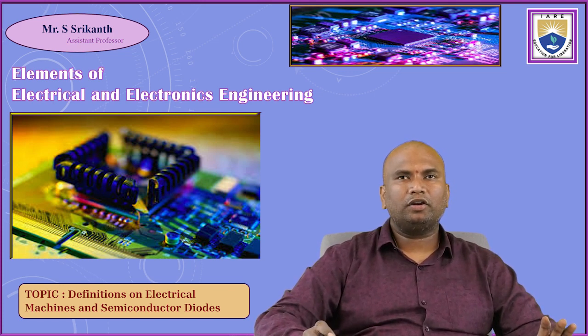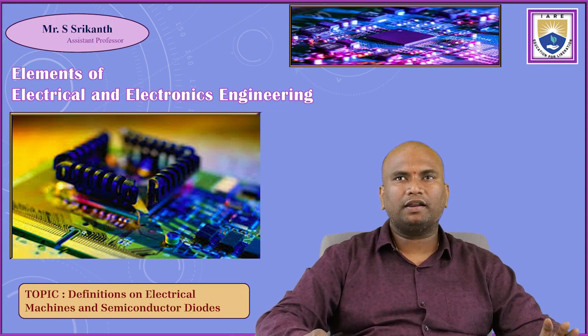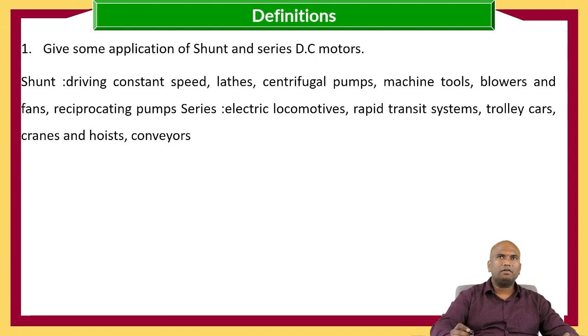In this session, I'm going to cover the definitions on electrical machines and semiconductor diode. Give some applications of shunt and DC series motor. Here, shunt motor is going to work at a constant speed. So, wherever we require constant speed motors, in those applications, we can use the DC shunt motor, whereas DC series